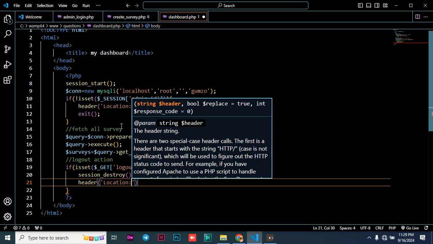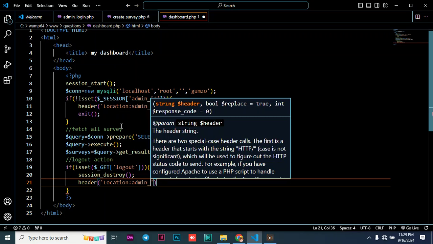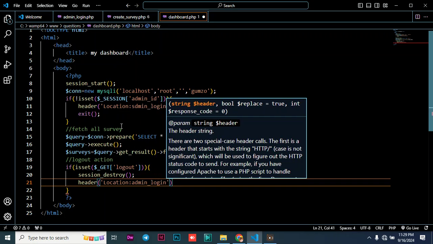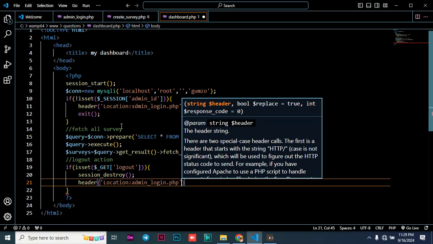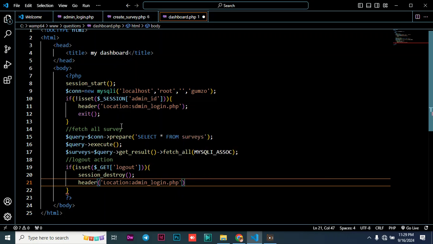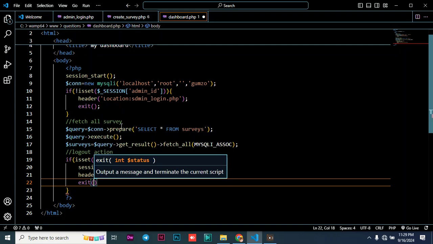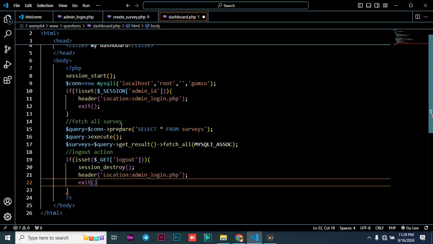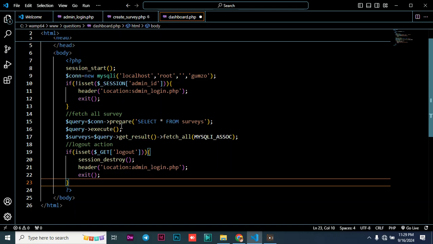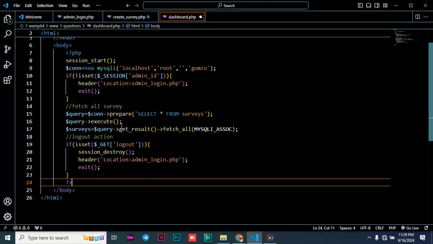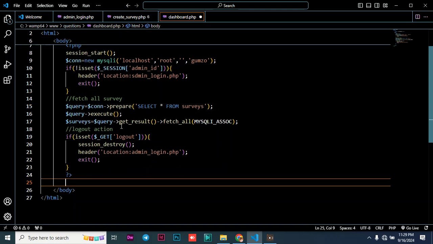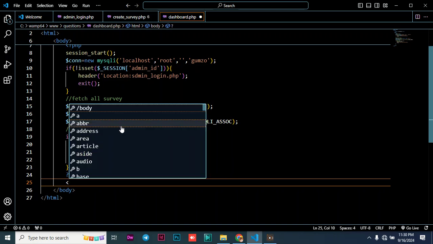admin_login.php. So we need to go back, and then we just exit, like that. So what we have done in this case is we have been able to log out, and the next thing we need to do is now go to our